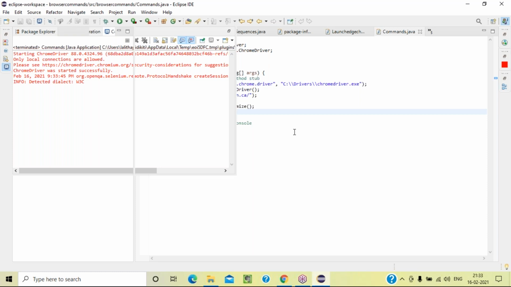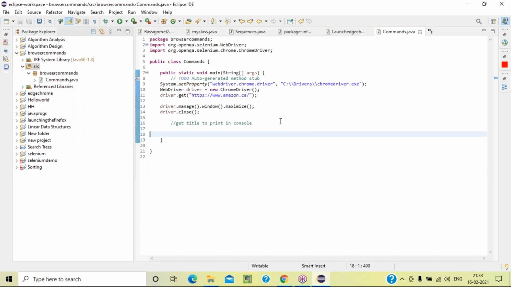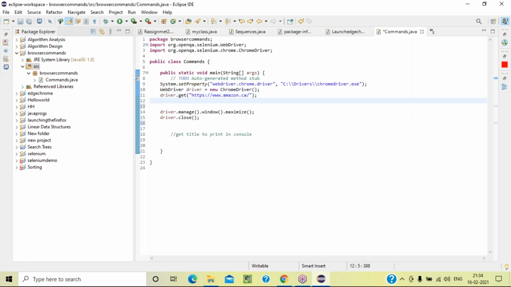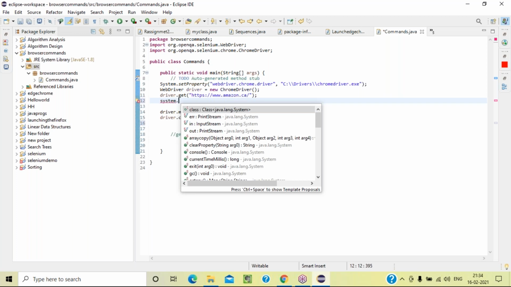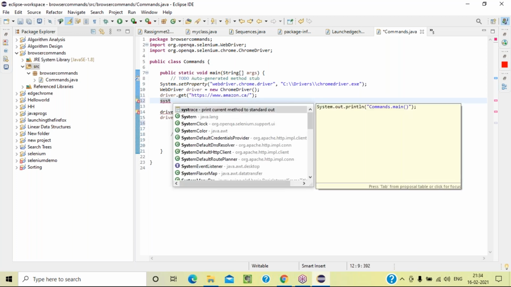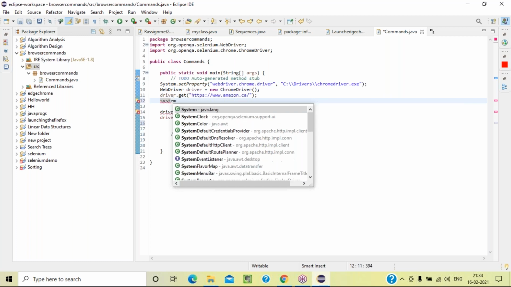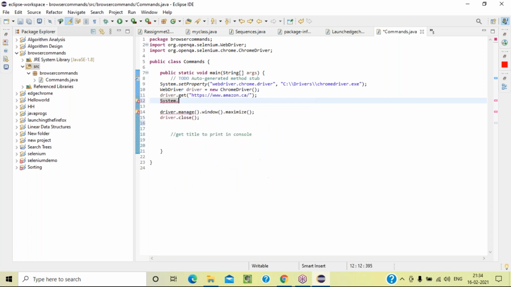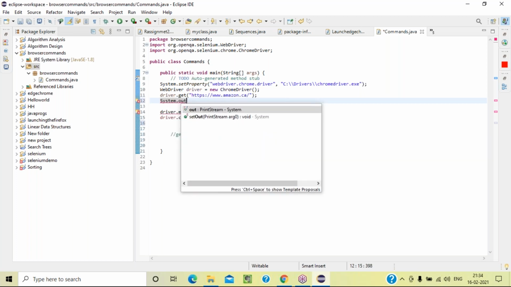Good. So I want the title for this page. What command will you write? Title. Don't write it after the close. So after the close it won't check. Okay. Title. What command will you write? No, first you need to write the title. Okay. Is this right? Yeah, right. Write it in your own way. Don't ask.